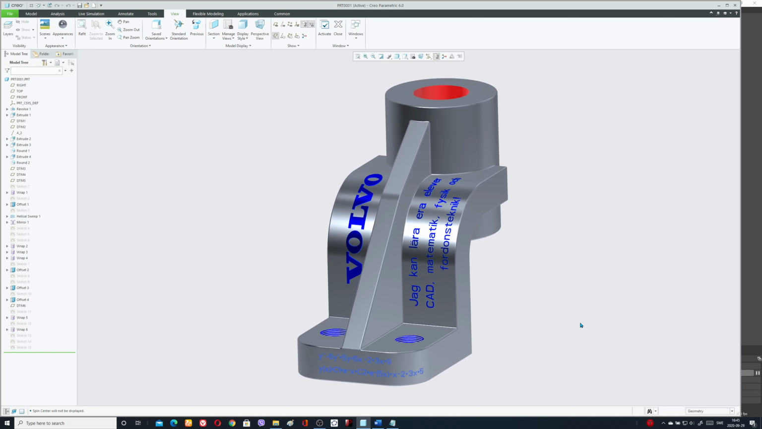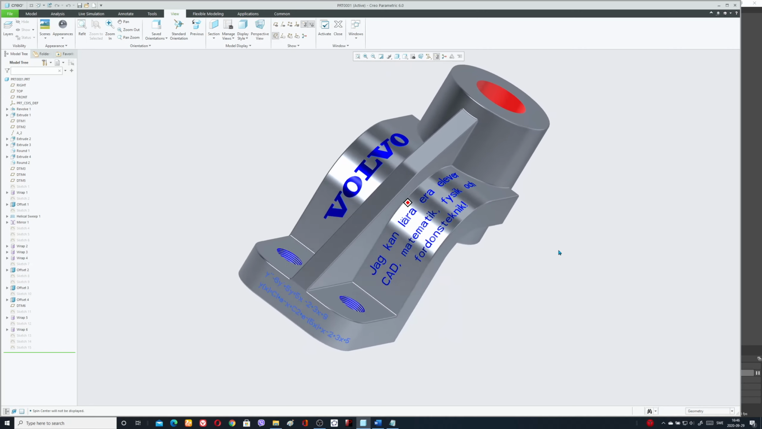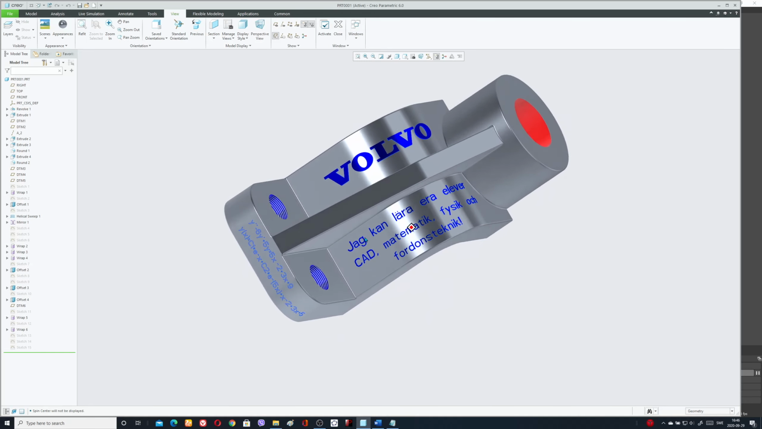I have constructed this element. I call that element solid model. And I put in here a text with the beautiful name Volvo. And I'm writing here in Swedish,